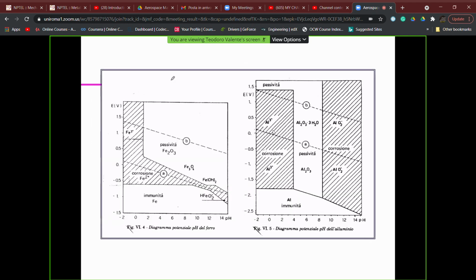And so this is an example, some examples of Pourbaix diagrams that we can have available. And I repeat, they give indication on the behavior of the single elements, not on the alloys. So they are important for us because they can give us an idea of what is going to happen, but they are not referred to the alloys, instead to the elements of the periodic table. Have a look at this, which is the Pourbaix diagram for iron.